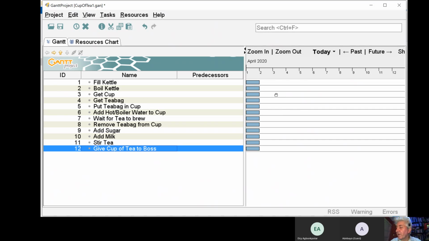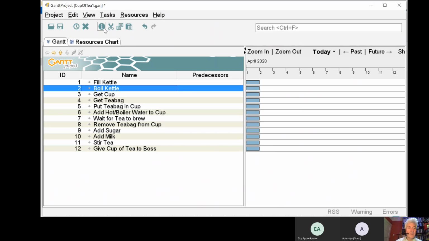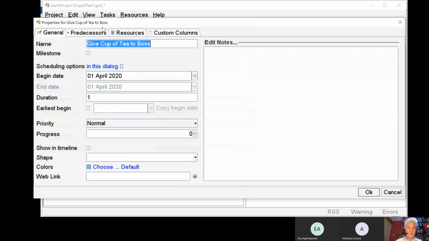So if we want to show, for example, that boiling the kettle takes 3 minutes, we need to set the duration of the task to 3 minutes. So what we'll do is we click on boiling the kettle. We click on this information button here, which is the task properties. And you can see that we have a duration field here where we can set the duration to 3. And if I click OK,